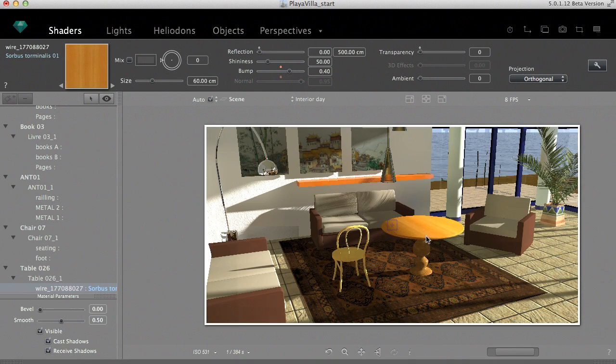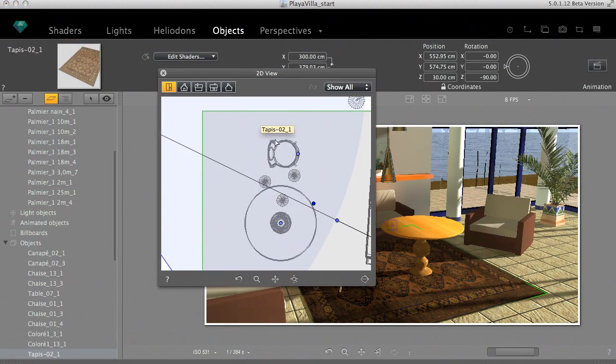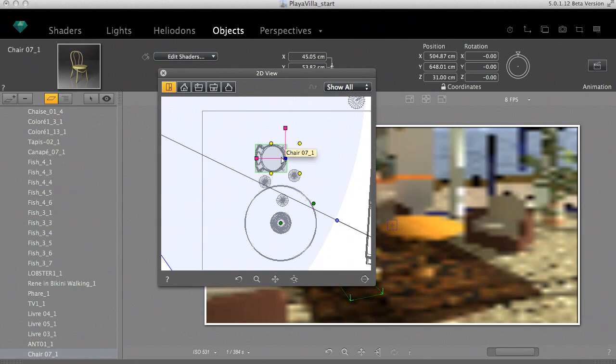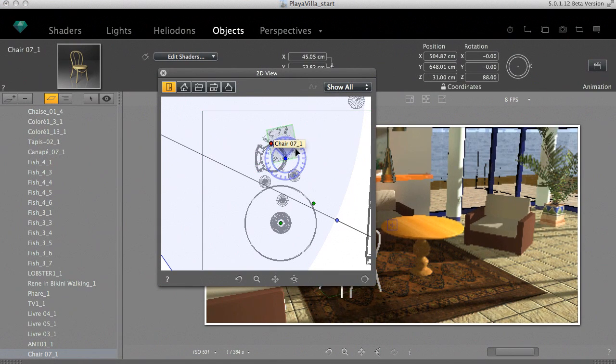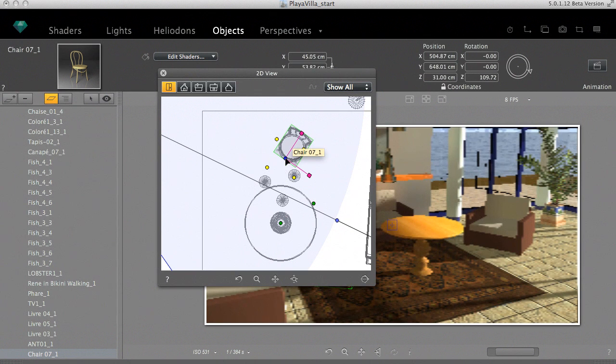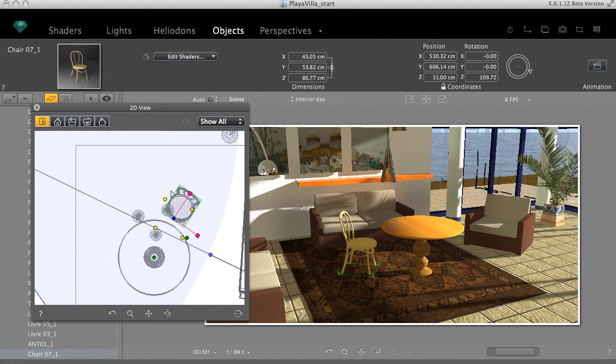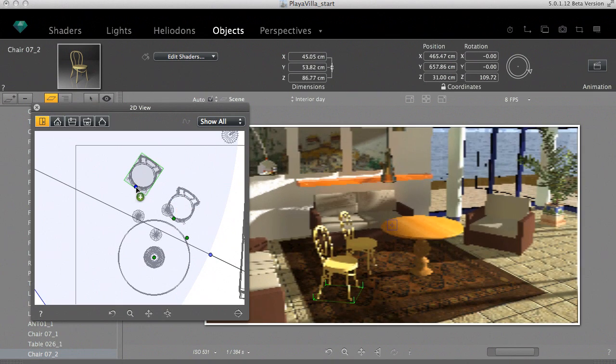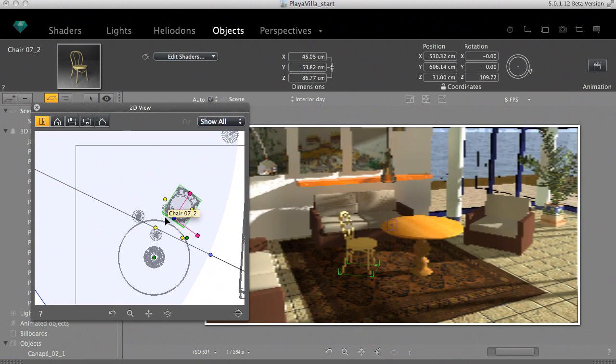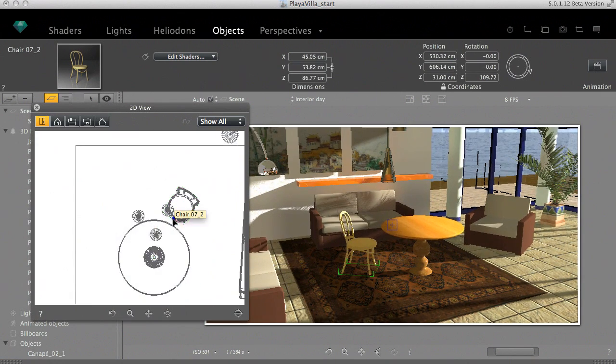In the 2D window, the objects are represented by green dots. The one selected is blue. You can also change its position and do similar things like rotate or change the size. By holding down the Alt key, you can copy the object and create another one. If you need multiple copies, hold down the Alt and Shift keys at the same time and drag a new